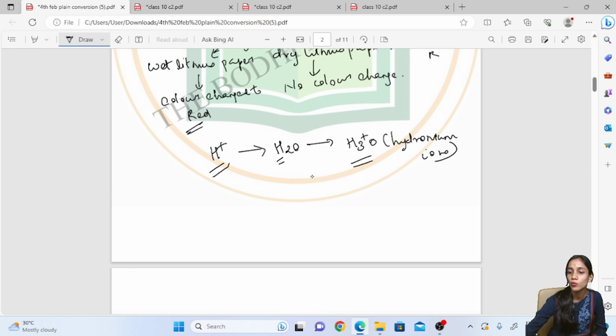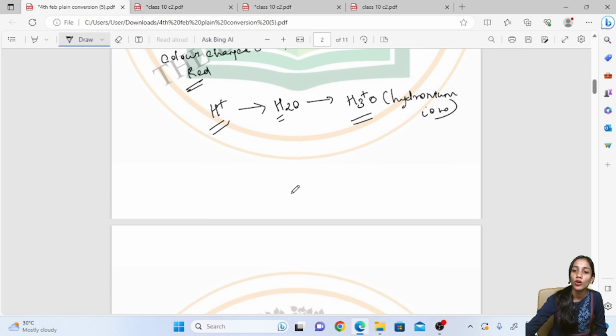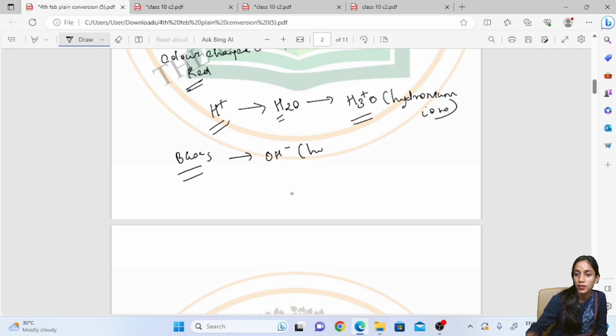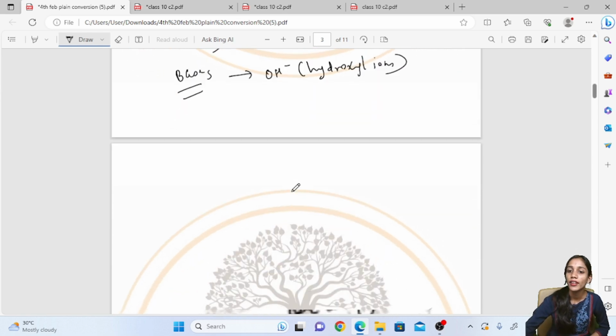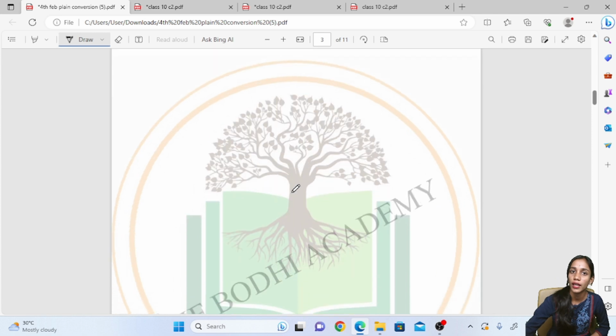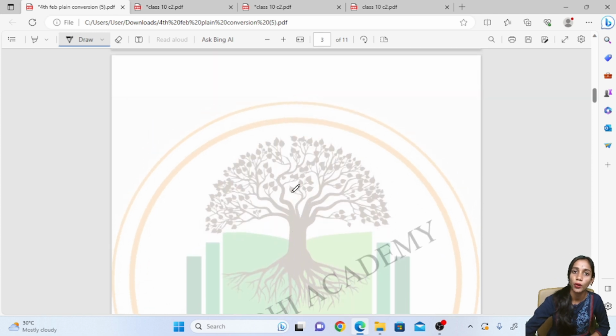So this is what the acids have in common. Now what do the bases have in common? The bases have OH minus ions which are called hydroxyl ions. So H plus are called hydronium ions which exist as H3O plus, and the OH minus ions are called hydroxyl ions which are present in the bases. Now when we talk about addition of water in the acid,